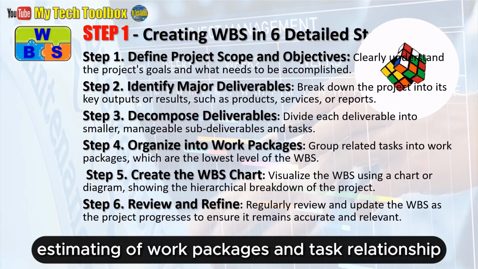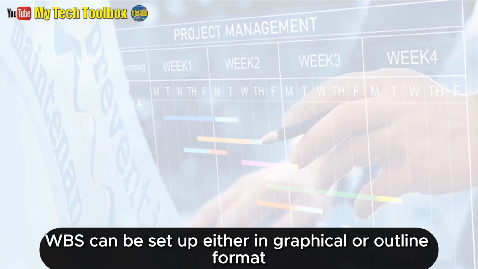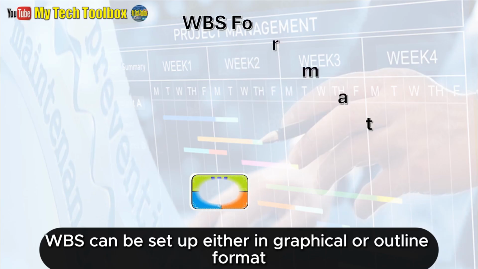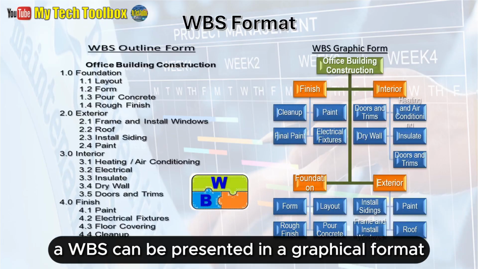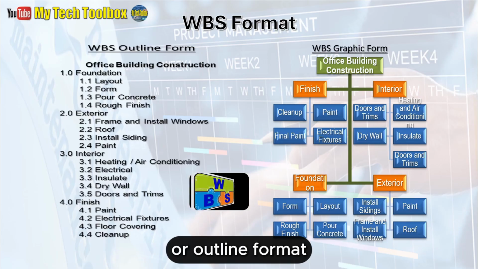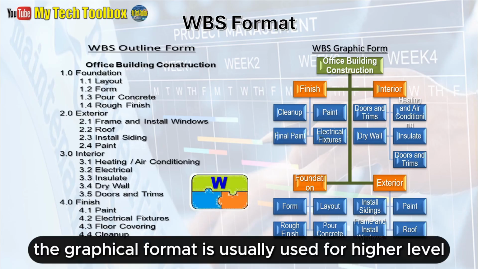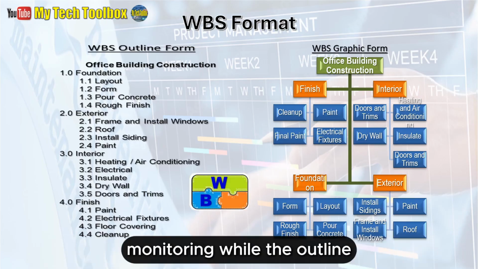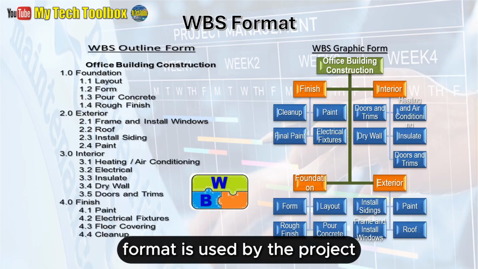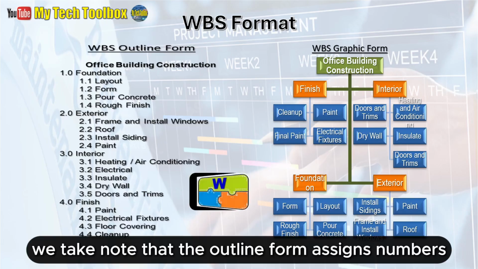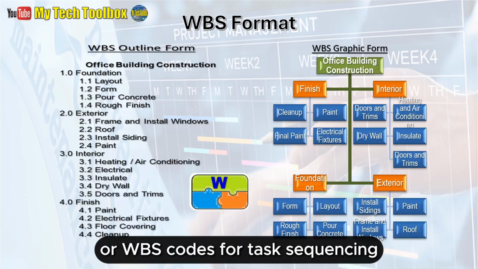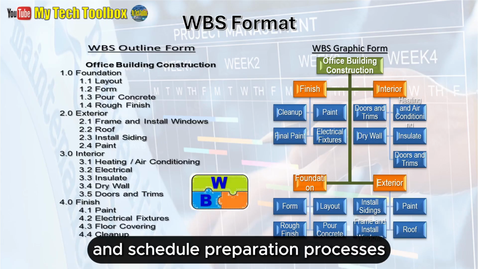Estimating of work packages and task relationship. WBS can be set up either in graphical or outline format. Depending on the group of audience or user, a WBS can be presented in a graphical format or outline format. The graphical format is usually used for higher-level monitoring, while the outline format is used by the project management and construction groups. We take note that the outline form assigns numbers or WBS codes for task sequencing and schedule preparation